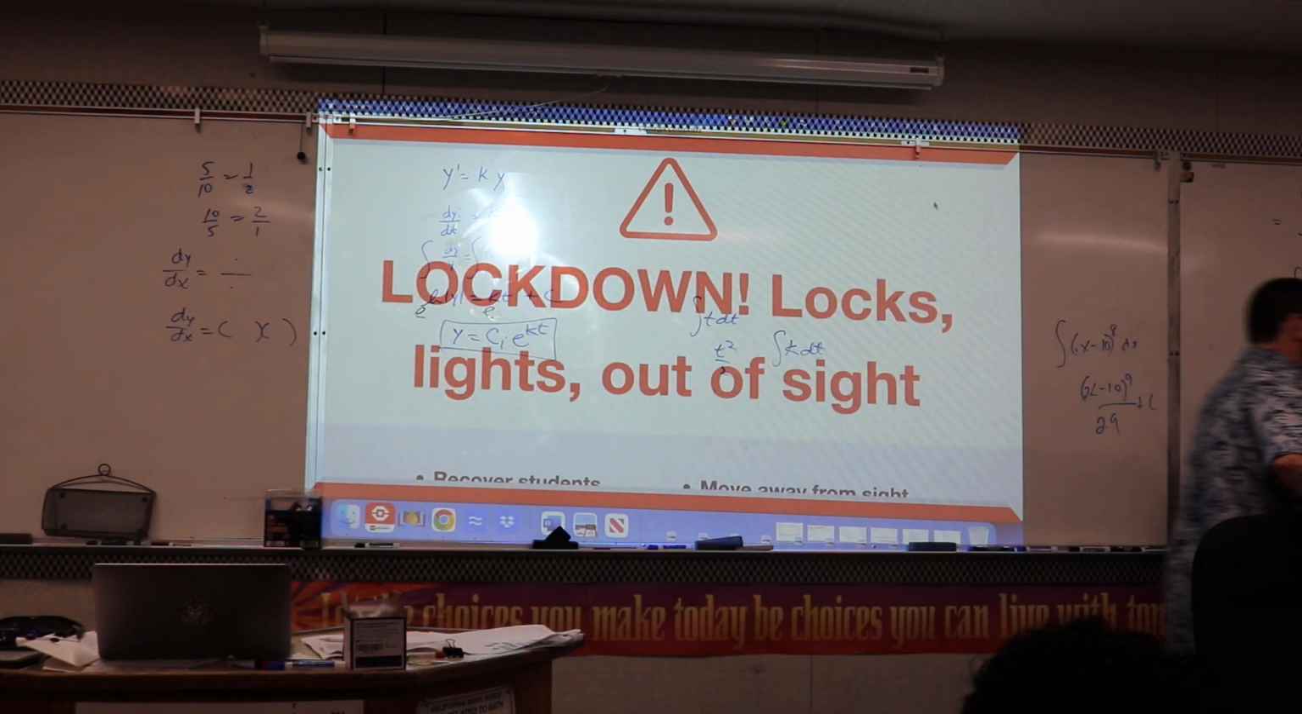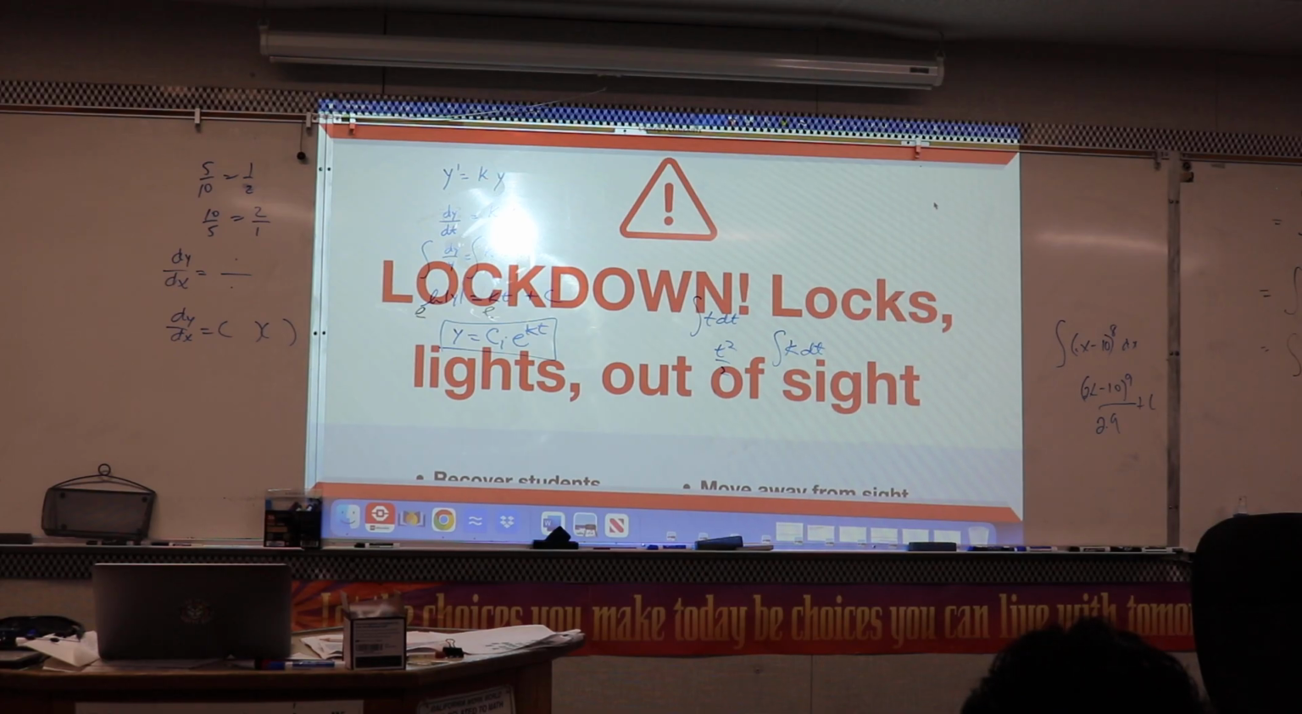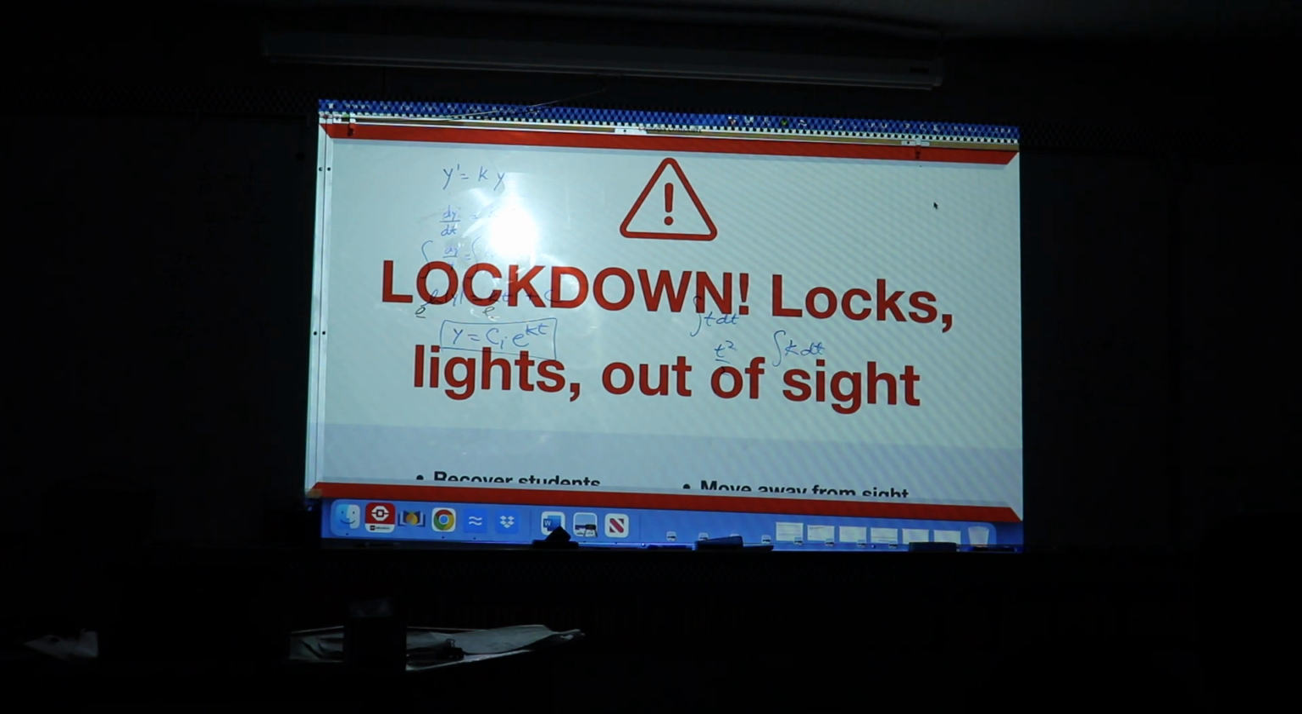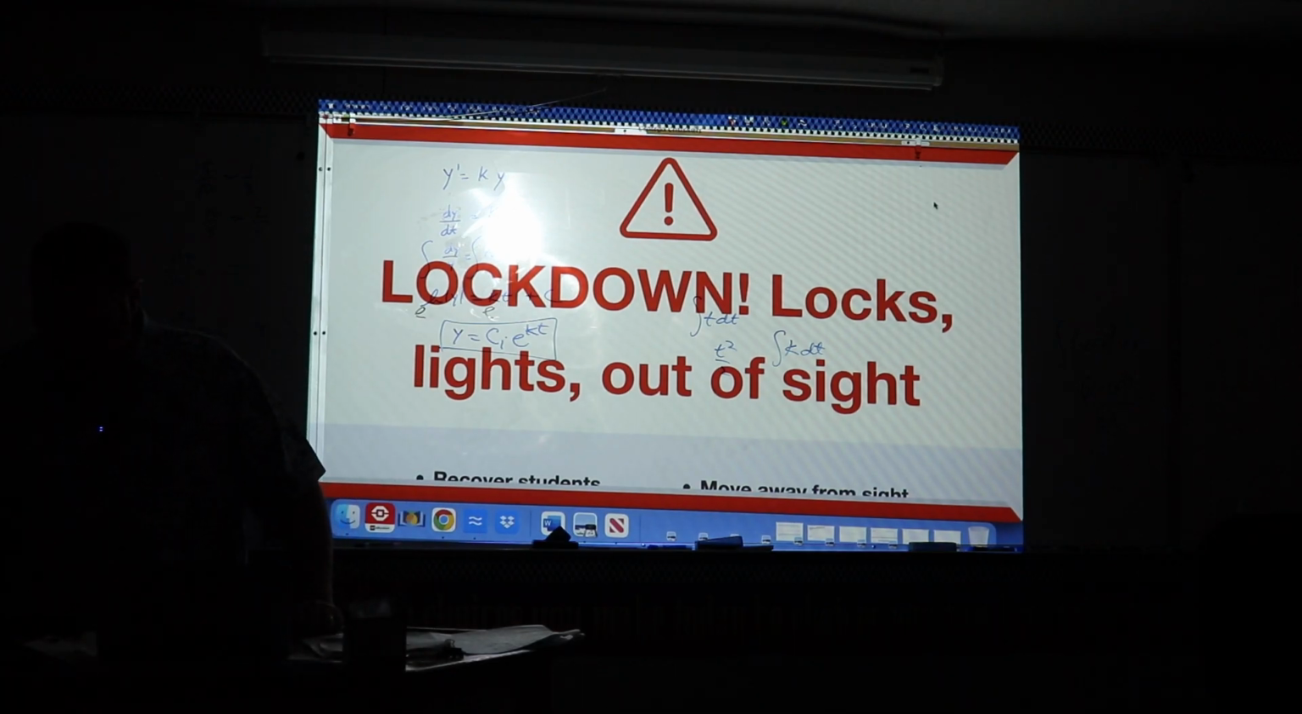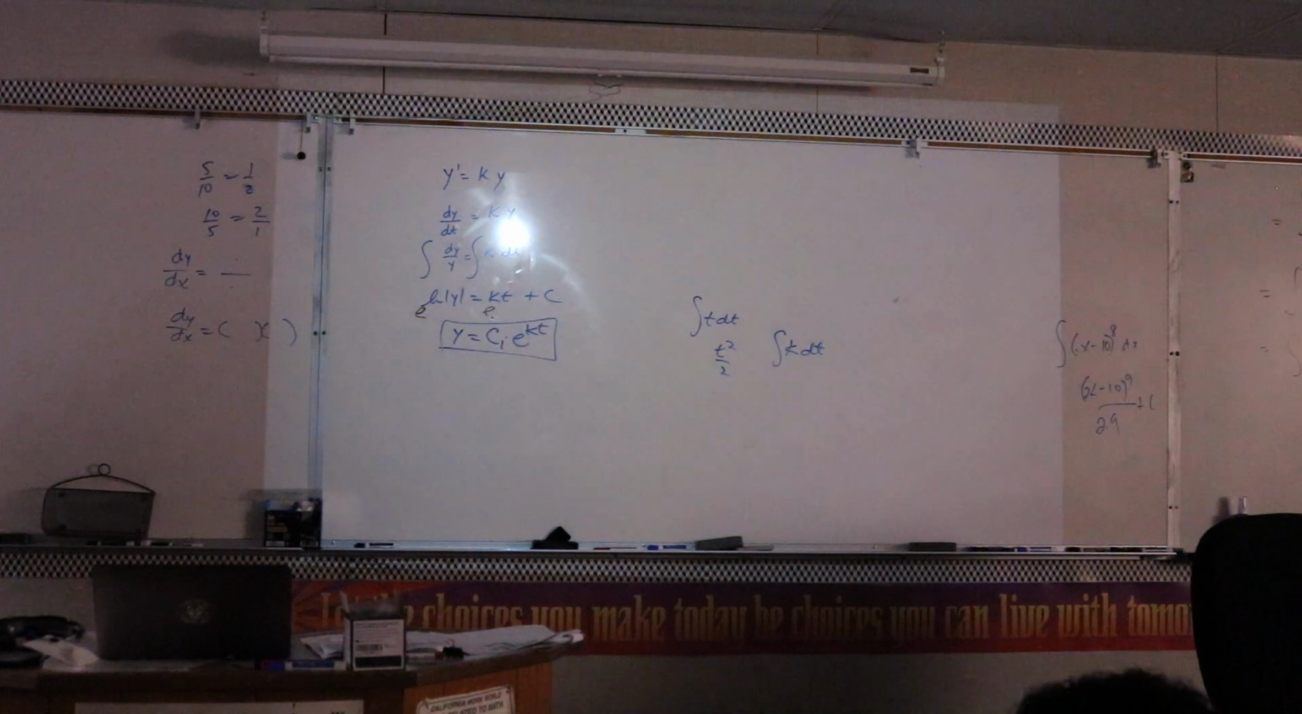Locks, lights, out of sight. Students, move away from sight. Maintain silence. Do not open the door. Staff, recover students from the hallway if possible. Lock the classroom door. Turn out the lights. Move away from sight. Maintain silence. Do not open the door. Prepare to evade or defend. Lockdown. Locks,